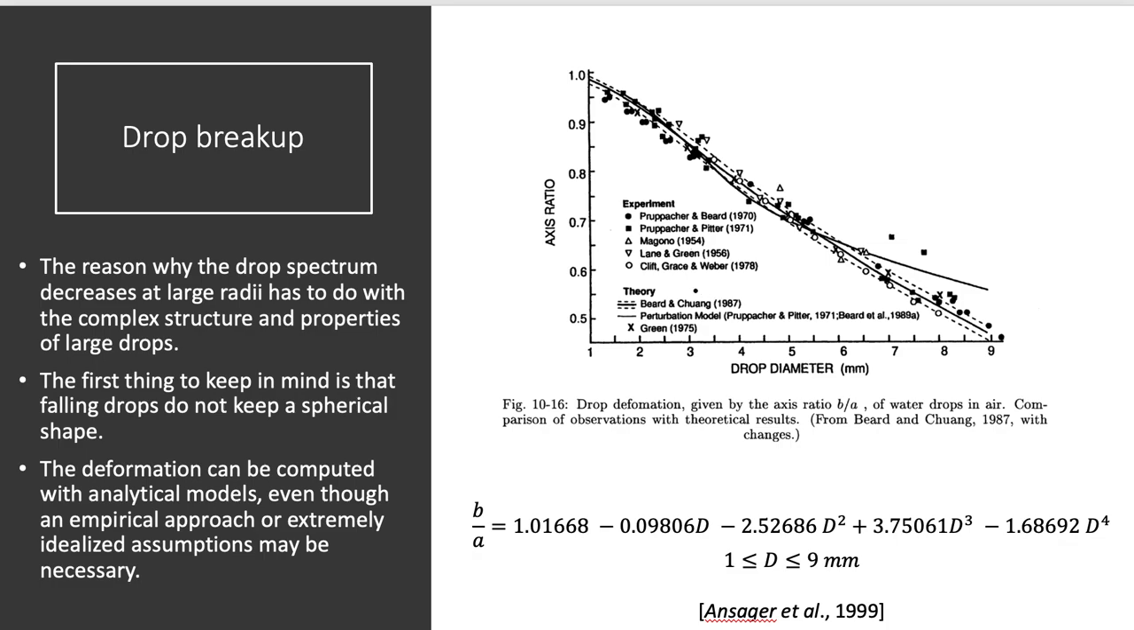Now, why do we observe a behavior like that? Why do we have an exponential behavior? And in particular, why does the drop spectrum decrease at large radii? Why isn't it a constant or whatnot? That kind of has to do with